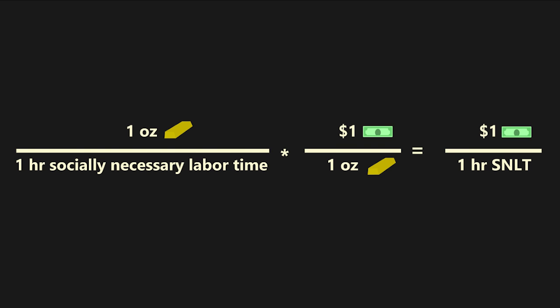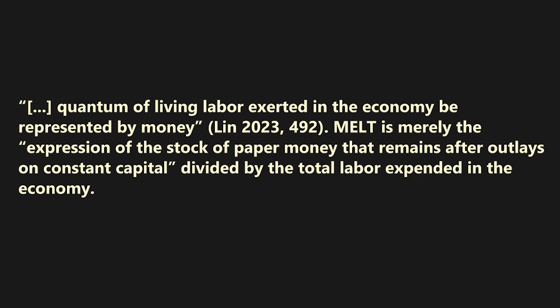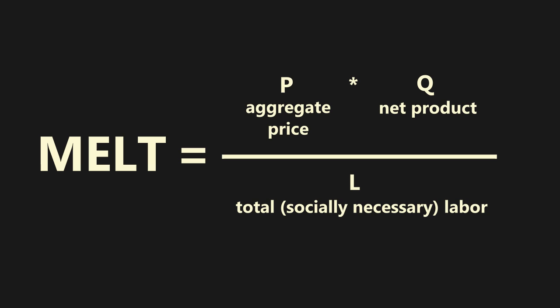All that matters is that the quantum of living labor exerted in the economy be represented by money. Melt is merely the expression of the stock of paper money that remains after outlays on constant capital, divided by the total labor expended in the economy. Because melt describes the amount of money captured by the exchange of labor's output, it bears considerable significance in capitalist